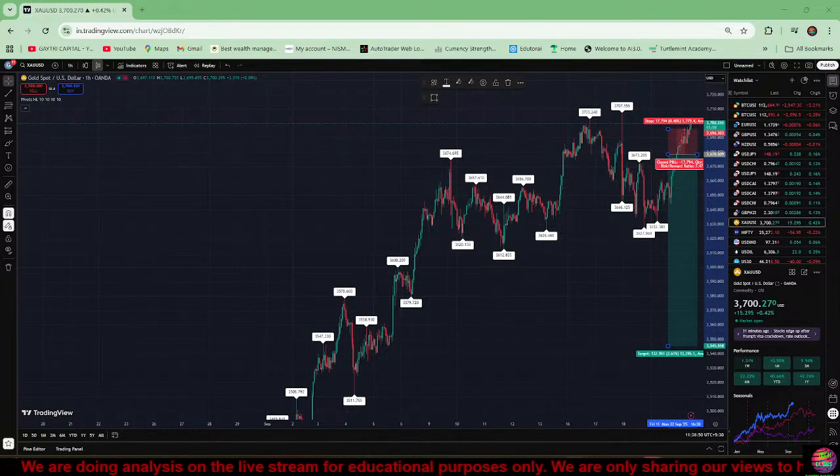And as you can tell, this market structure created with the candlesticks has created a head and shoulders pattern. So if you see a head and shoulders pattern at the top of a trend, this is a reversal pattern. This is going to indicate to you that now the market is going to head to the downside. So the market is no longer